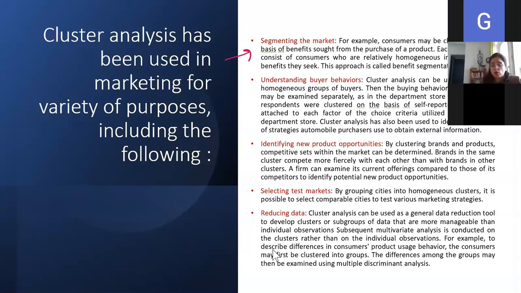If you have not gone through that video, please do go through it. That segmentation was based on benefits, which is called benefit segmentation. I'll talk about it later also. You can segment based on geographic, demographic, but what is the most important question to ask when you are doing the segmentation? We'll discuss this later.